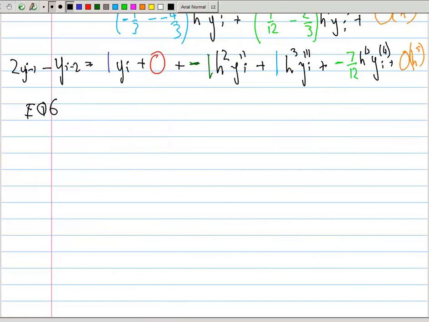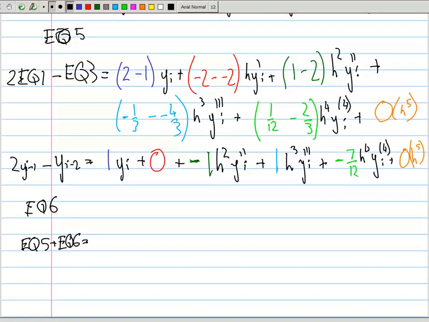So if we go equation 5 plus equation 6, we end up with, on the left-hand side, yi minus 2, yi plus 2 minus 2yi plus 1